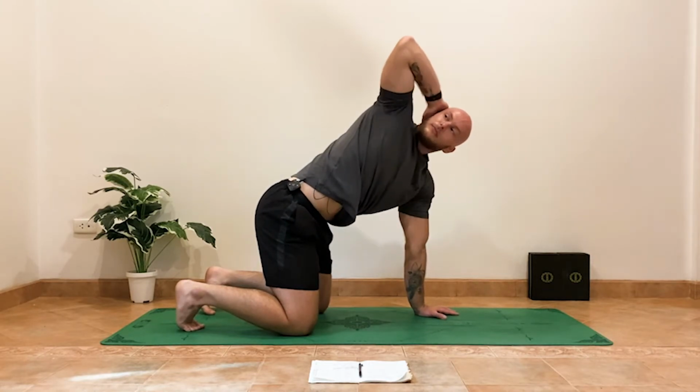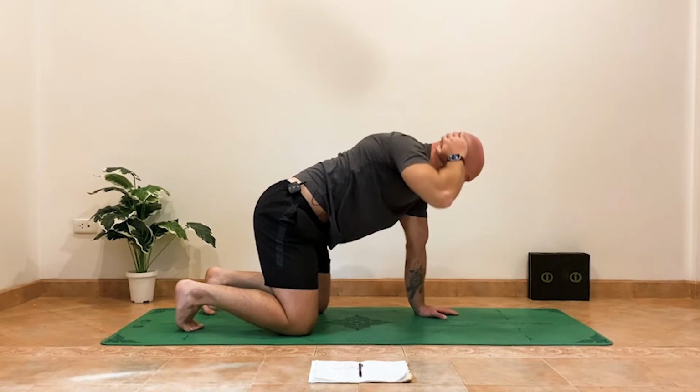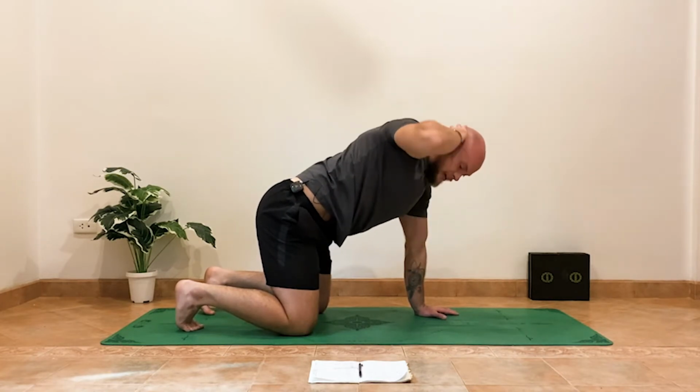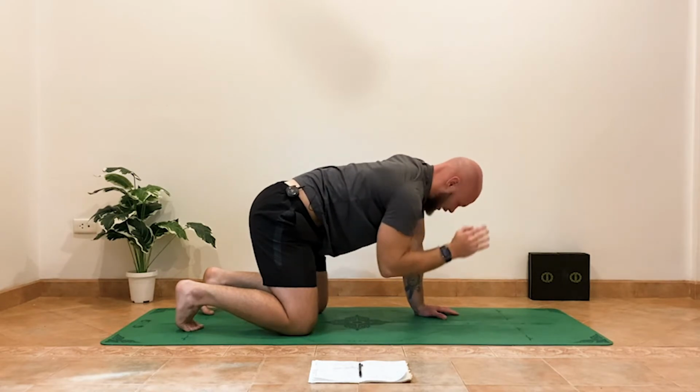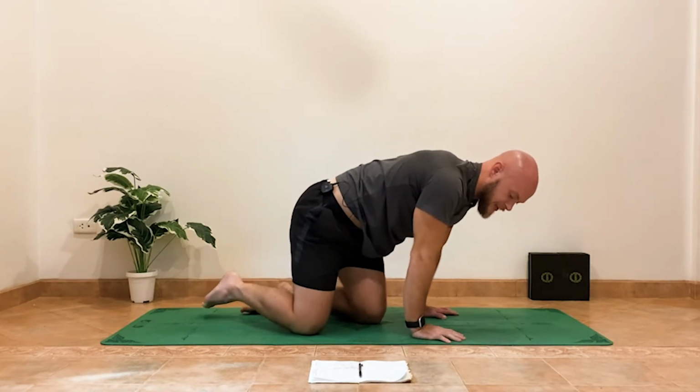Inhale. Exhale. Last one. Inhale. Exhale. Nice job, everybody. So that twisting motion is another great one to get even more motion through the thoracic